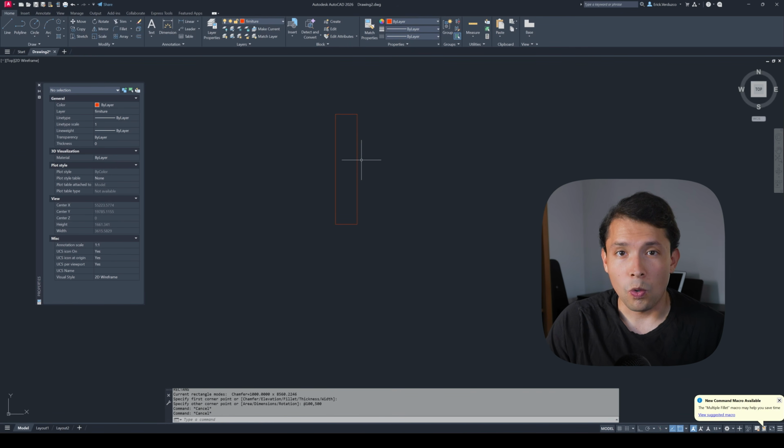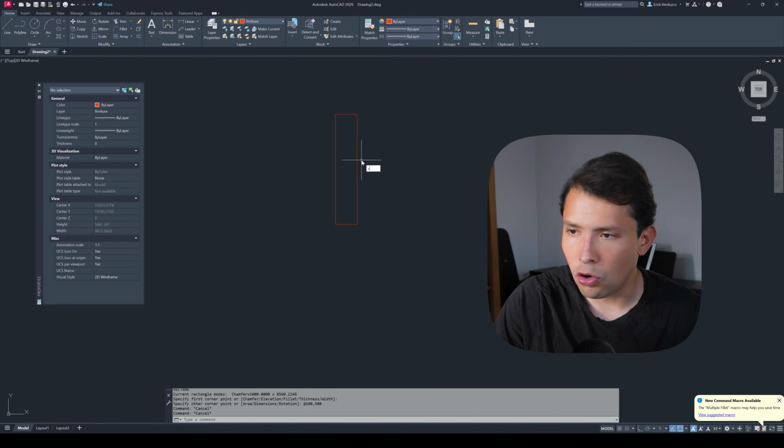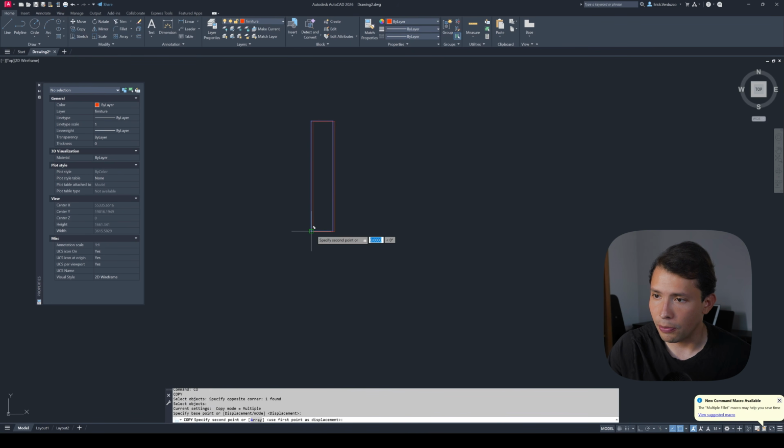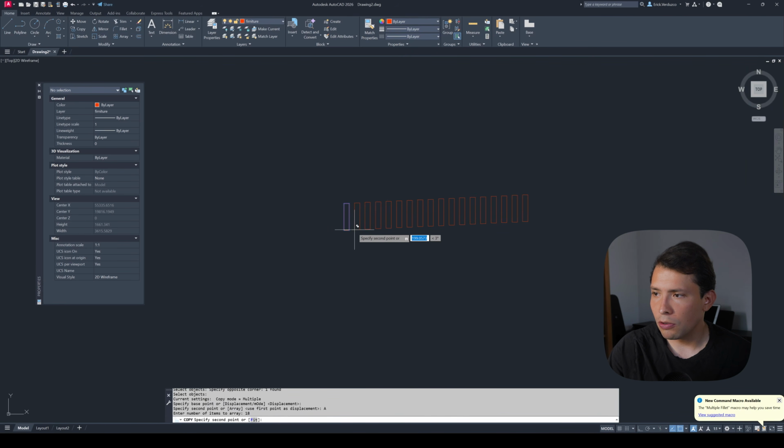I'm going to show you another way that you can use array in a more straightforward way, and for doing this you're going to use the copy command, and inside the copy command you're going to select this rectangle, go to the endpoint, and here is the trick. Before you click on the first copy, you are going to use the array command, which is inside the copy command. So click on array, and then it's telling you the number of items to array. So I want 18 items,